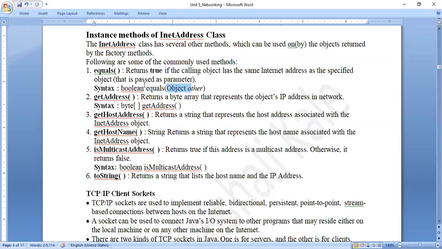The calling object will have its own IP address and domain name, and then we have to pass one more object of type InetAddress as a parameter. When both these objects are related to the same machine or the same IP address, equals will return true.